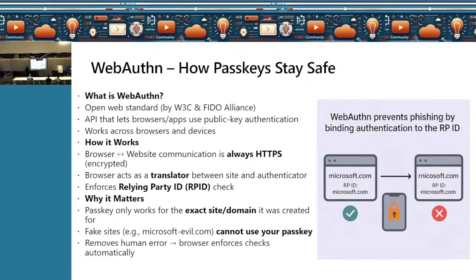If the URL doesn't match, you will not be able to use the RPID at all, because the passkey understands based on the RPID only. In other words, the URL generates a relying party ID, which is in WebAuthn. So it has to ensure that it's the same URL, otherwise the passkey doesn't work at all. So login.microsoft.com and a lookalike login.microsoft domain with an apostrophe, this is not going to work.